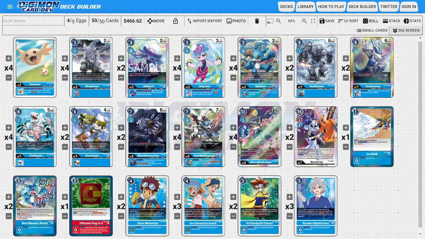So today I'm going to be taking a look at BT9, and BT9 offers us lots of new and powerful tools to build and iterate on some new and existing decks. And today's deck is going to be a new iteration of the UlforceVeedramon deck. So this version of UlforceVeedramon is going to be the BT2 version,